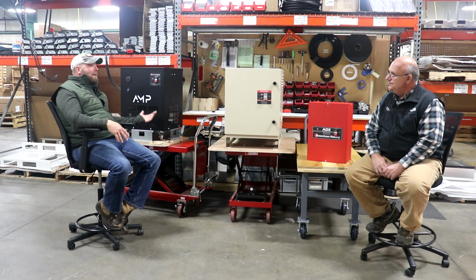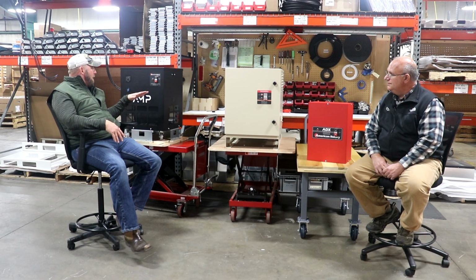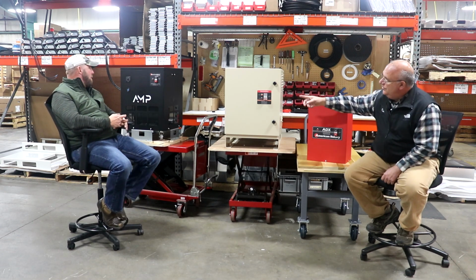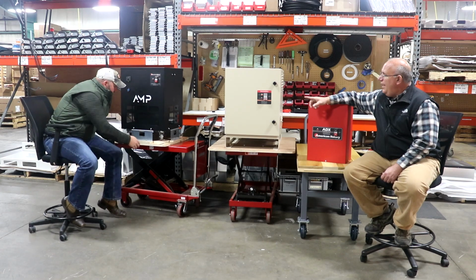The price point on this is a little bit higher than maybe your ADX. However, if you look at what you're saving in installation costs and materials, it's very, very reasonable. I really like this unit for the home shop guys, and the reason that I do is because it has